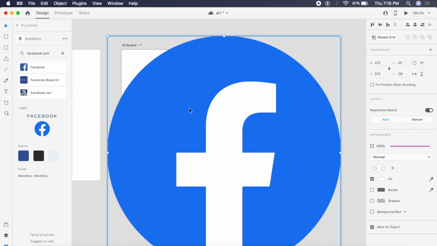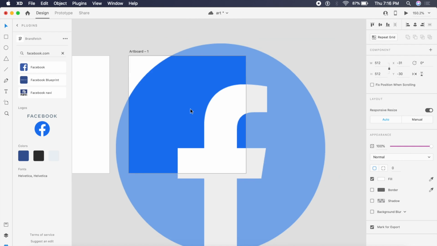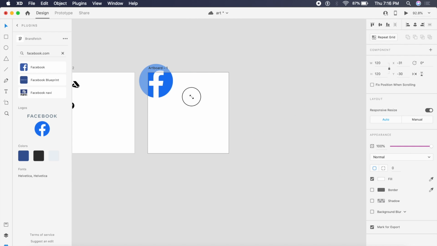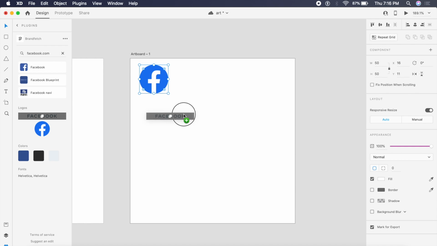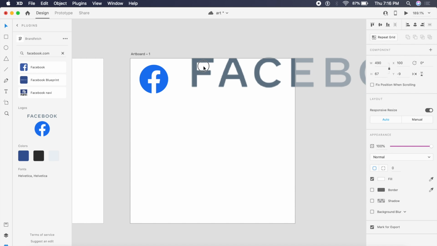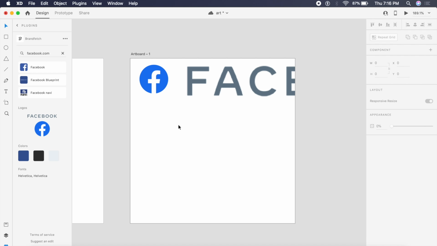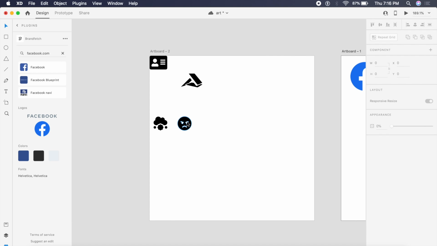And is this an SVG? No. So this is not an SVG, it's a PNG. So that's one little problem we're having. You really won't be able to edit this. But apart from that, I think everything else is really cool. I can just drag and drop, that's quick. And if I want to change the color of something, I can always do that.